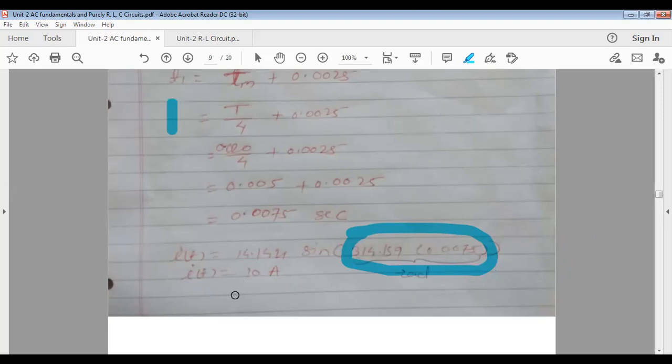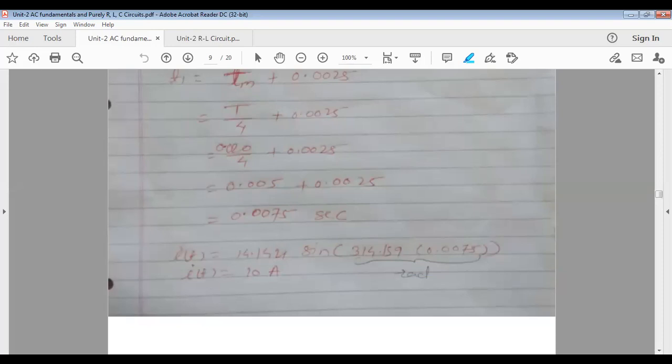You can convert the mode of your calculator also. On the calculator, there is a mode button. Go on pressing it. For radian, some digit it will display. Suppose for radian 2 is there, press 2, then your calculator will be in the radian mode. Suppose for radian it is displaying RAD, it is displaying 3, then press 3. Whatever the number is, I don't remember right now, press it. So your calculator gets converted into radian mode.